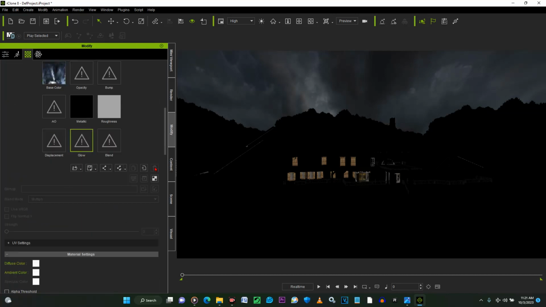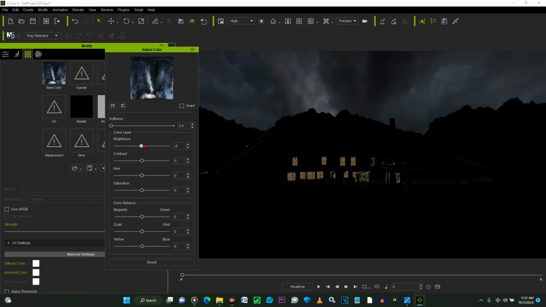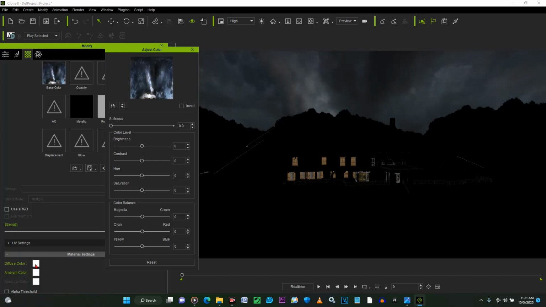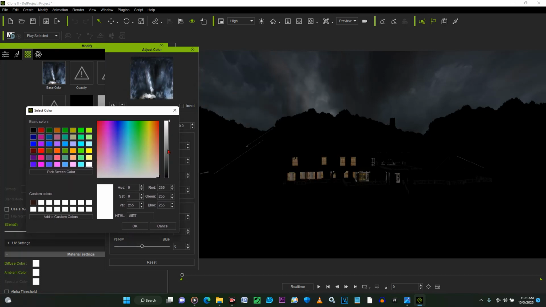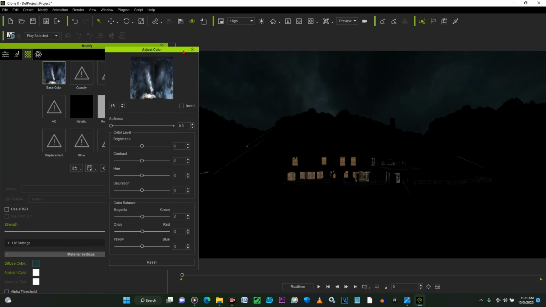Click here, glow, delete glow. We don't need the sky to have the glow, and reduce the brightness. We need a little bit of darkness here. The scene will be more entertaining if it's dark, and if this kind of darkness creates some lighting places, something like that, don't worry. Click on diffuse color, then you can lower the light in another way, just like this, and you can even pick the tone of the light that you need. For now, let's try to do something like this. Okay, click OK, and then